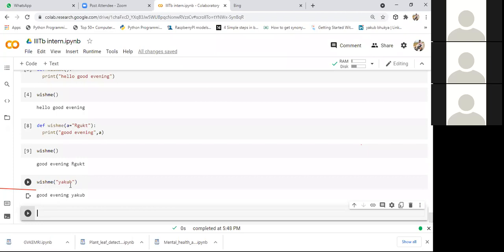That's why these are said to be actual or real parameters, and these are said to be dummy or formal parameters. For formality purposes, we pass some parameters in a function definition. Okay, now types of functions.